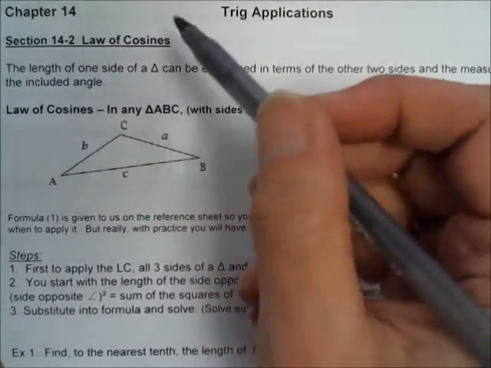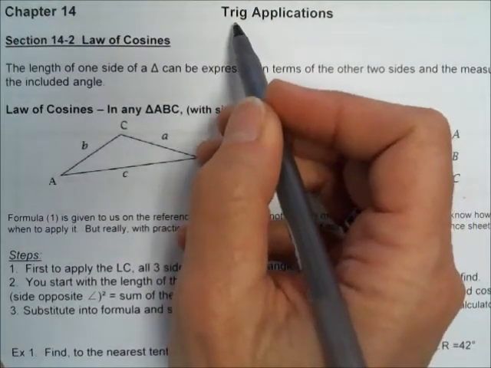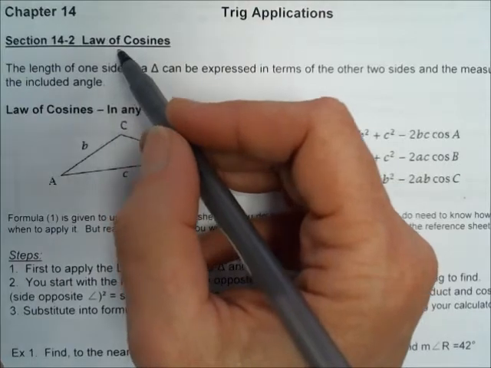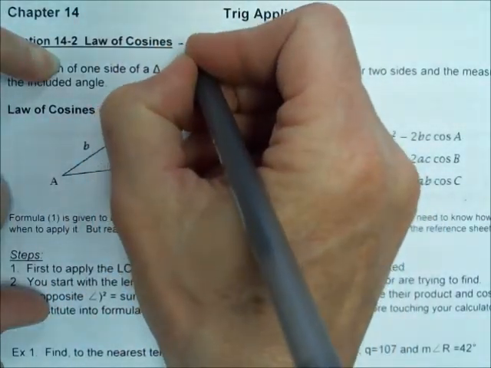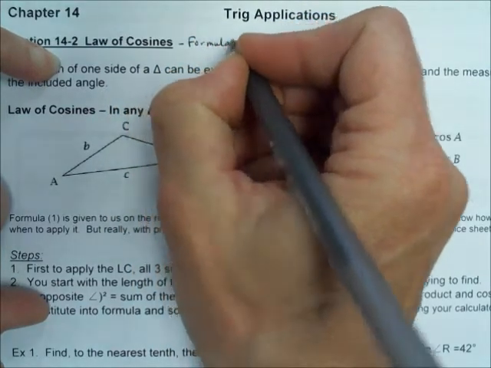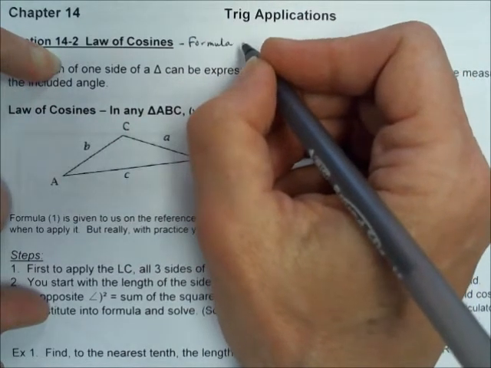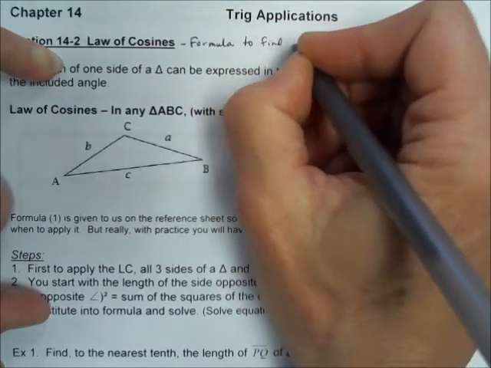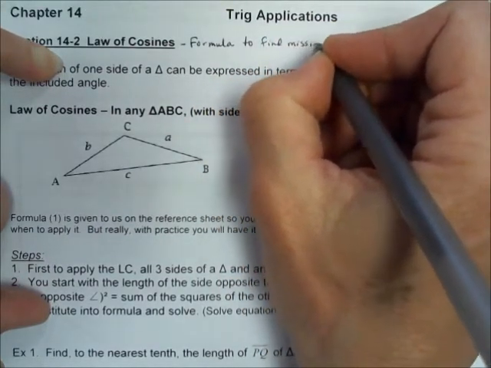Today we're going to start Chapter 14, and Chapter 14 continues the study of trigonometry. What we're going to learn today is something called the law of cosines. The law of cosines is just a formula that's going to be given to us, and that formula is going to be used to find missing sides of a triangle or a missing angle. So I'm just going to say it's a formula to find the missing parts